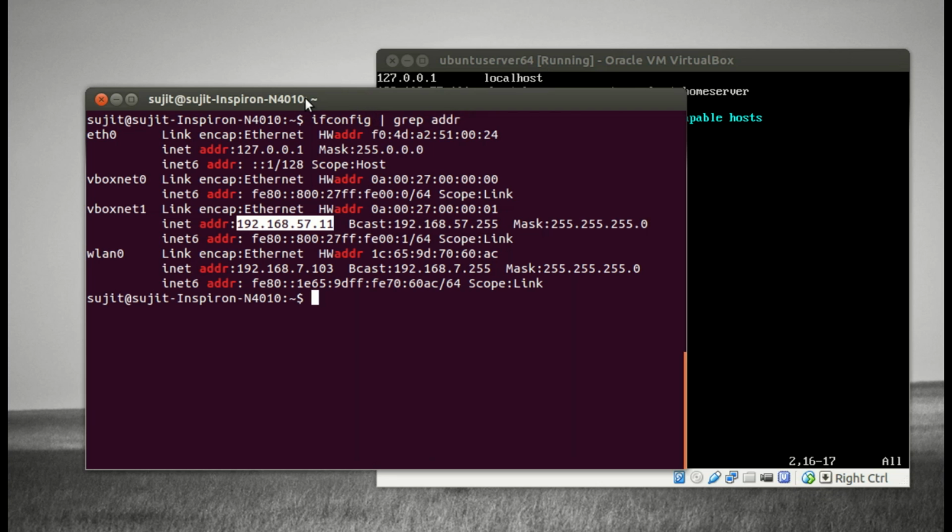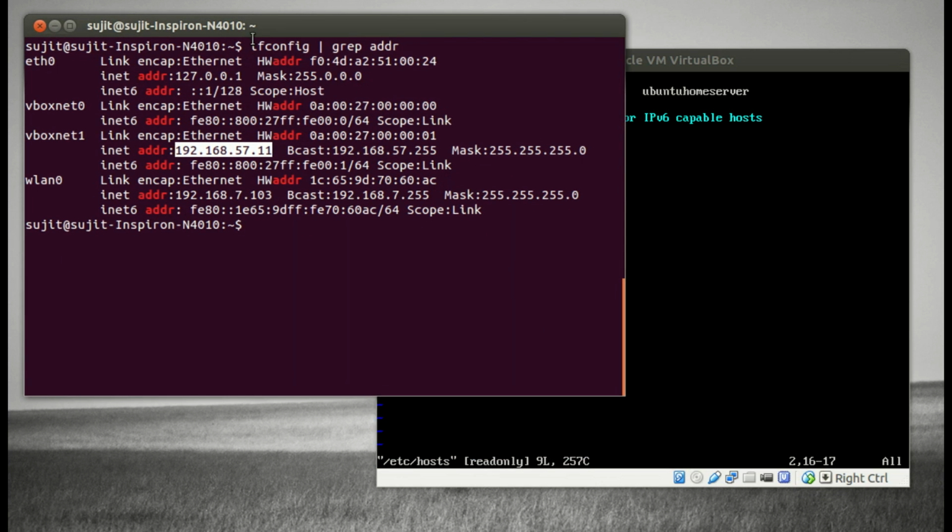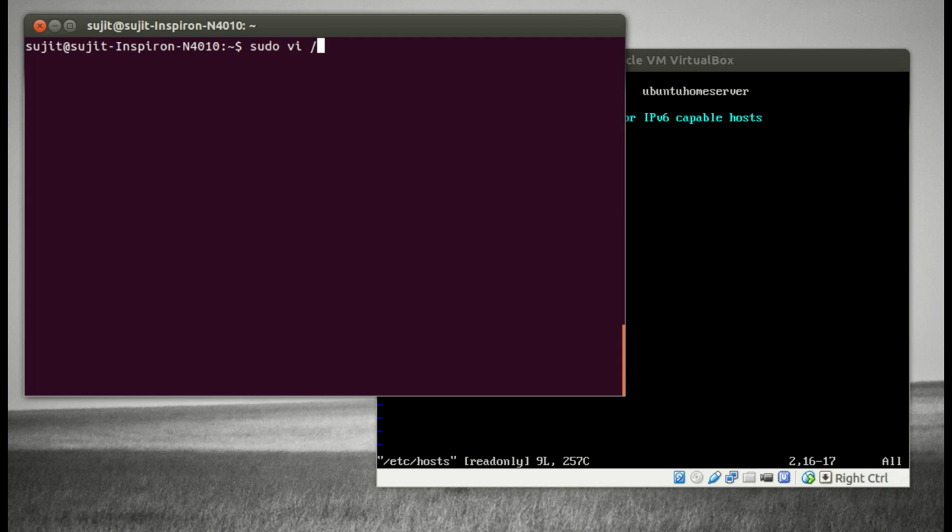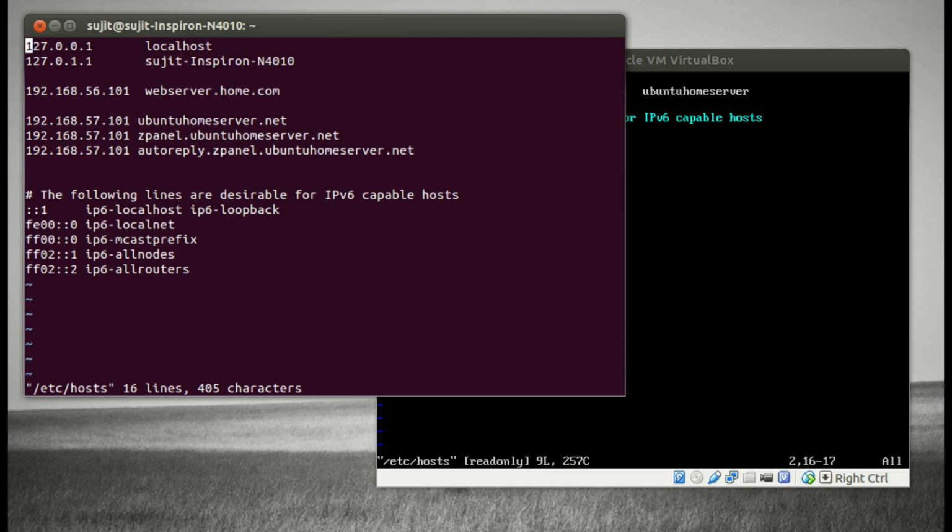And now come to your host machine and go to the same location. Now under this etc hosts file,